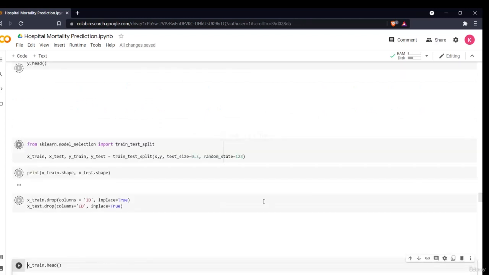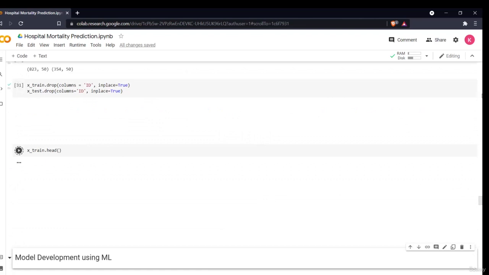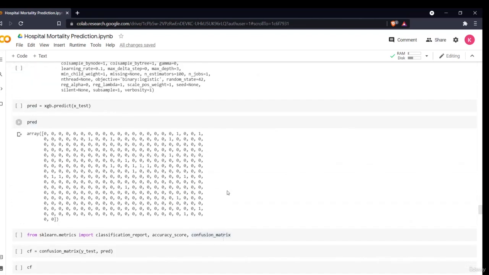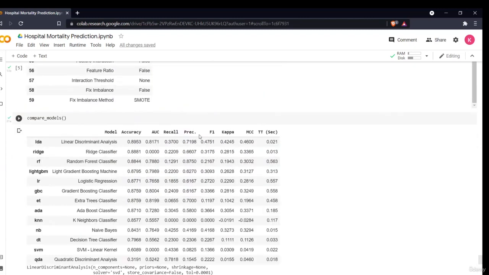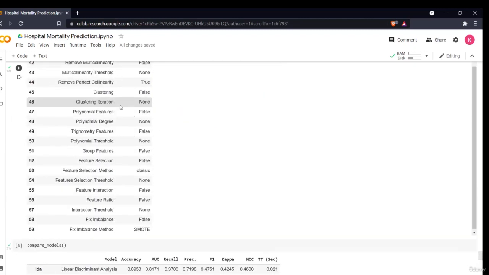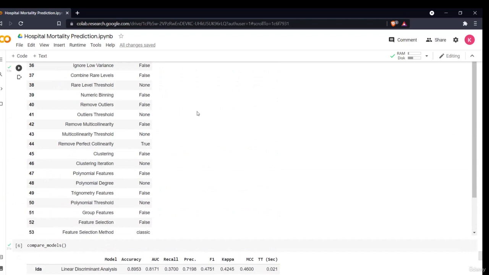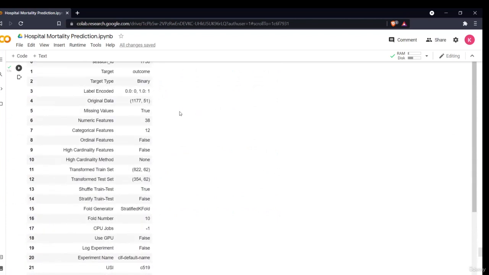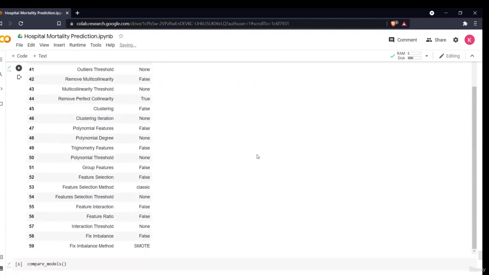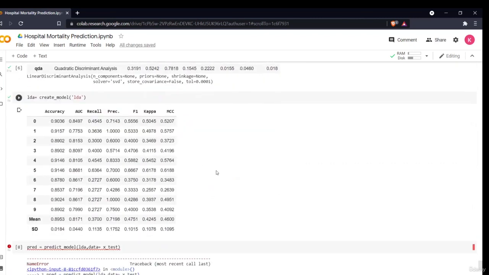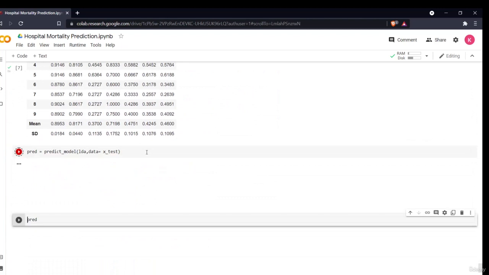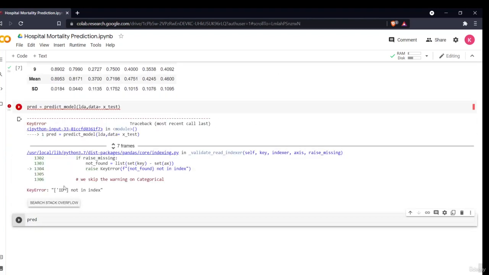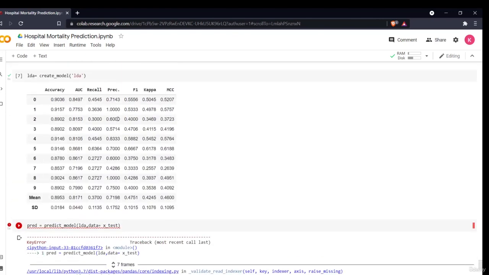Now I have my final train data and test data. I could also have split this data using the PyCaret library, but I am using the same test data that I used for the previous model to compare. ID not in index.